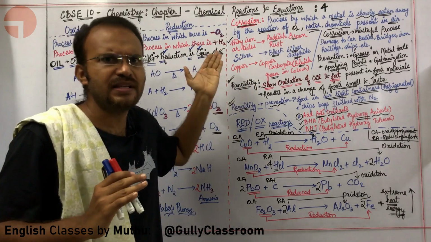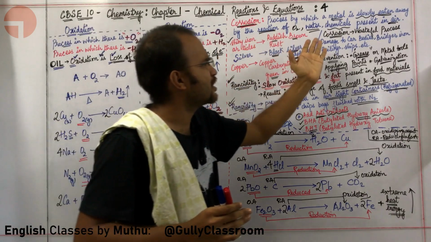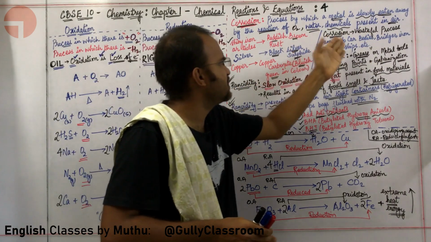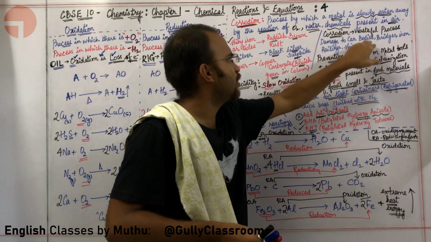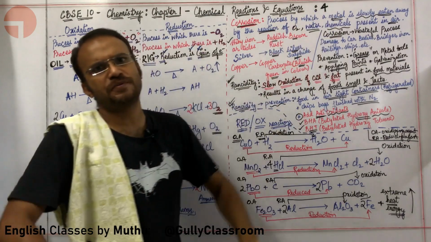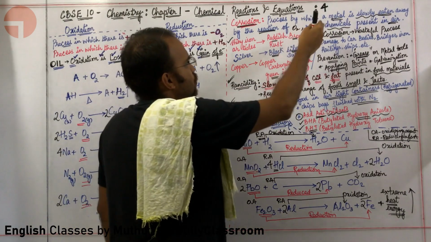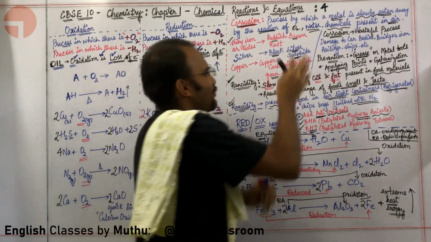Why are we specifically studying rusting? Because rusting causes a lot of economic damage. It is a wasteful process. Economic loss is being done due to rusting of car bodies, bridges, iron railings and ships. All these things are decaying, decomposing, and hence corrosion, rusting is a very bad process for our economy.